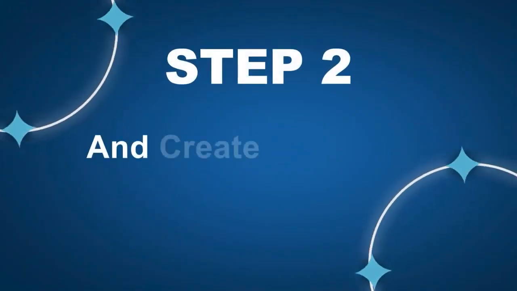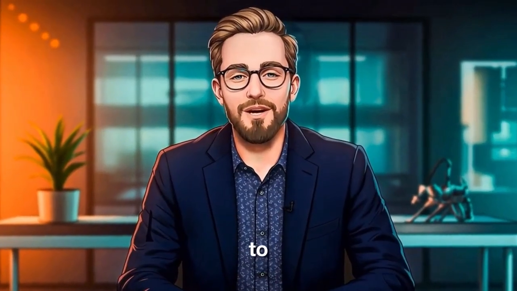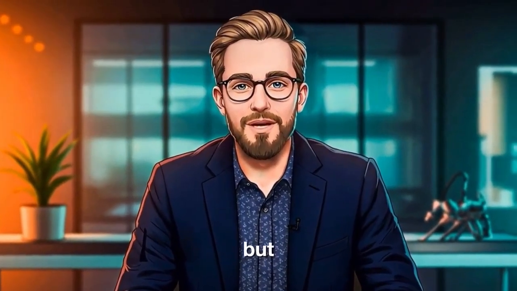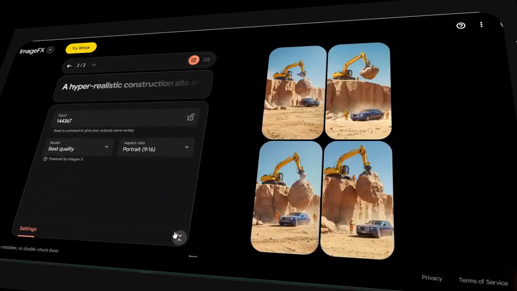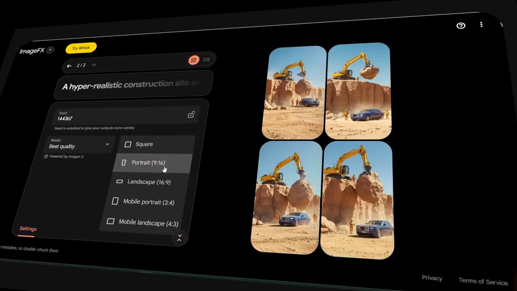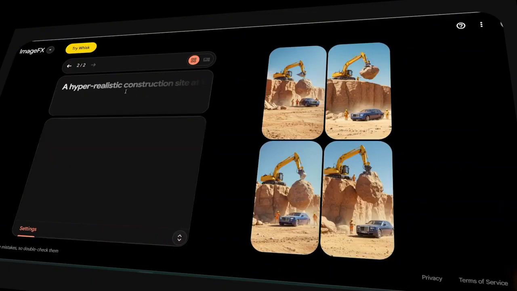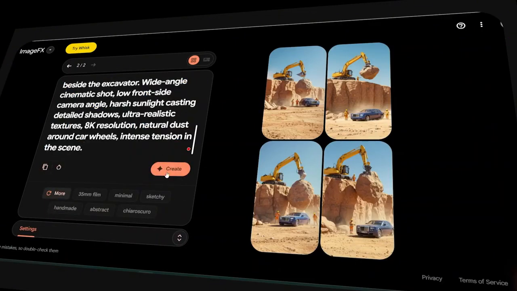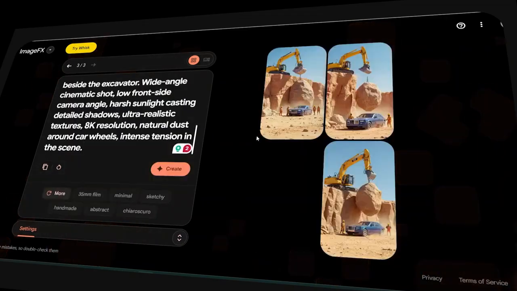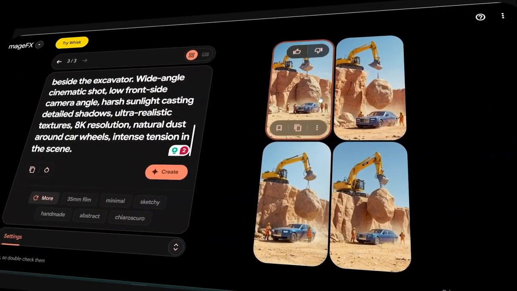Step 2, create the image. Head to Leonardo AI or Ideogram, but I prefer ImageFX from Google, which is totally free and more powerful. Sign up and click on Image Generation. Before pasting the prompt, set aspect ratio to 9:16, perfect for Reels, Shorts, TikTok. Paste the prompt from ChatGPT and click Generate. Pick the best version. You can add multiple things in the prompt after seeing the first result